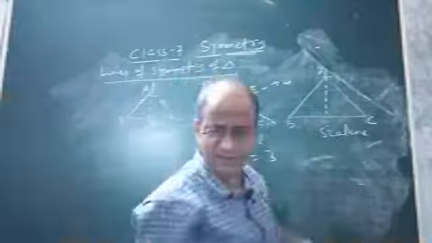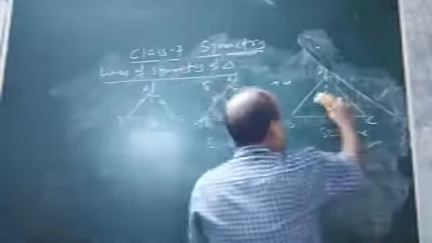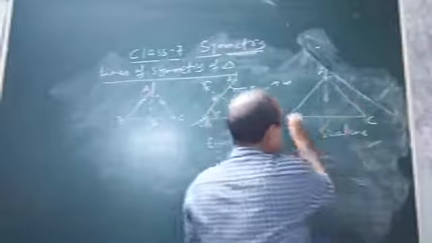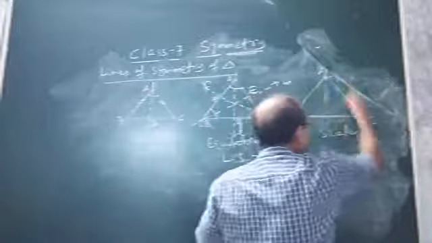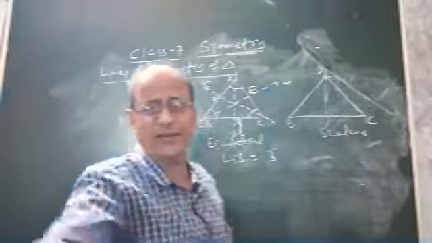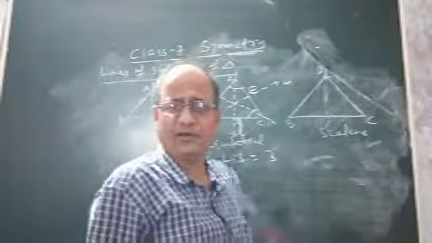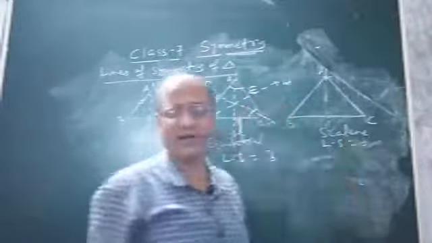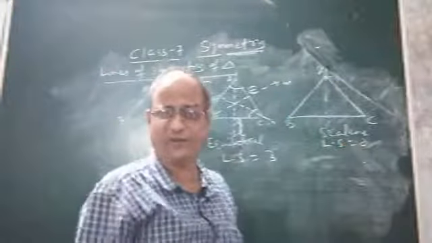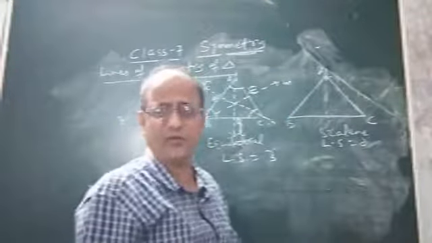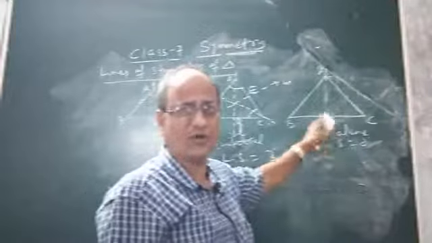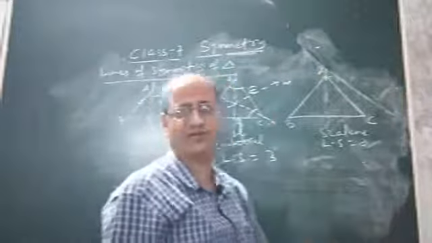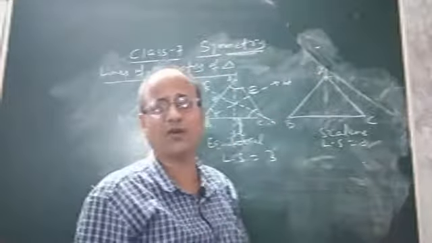Okay. So from this discussion we can say that in a scalene triangle, as the lengths of the 3 sides are different, we cannot find any line of symmetry. That means here the number of lines of symmetry will be 0. A scalene triangle will have no line of symmetry. It will have 0 lines of symmetry, because we cannot fold the 2 parts of this triangle about any fixed line or dotted line or any axis such that the two parts will coincide with one another.